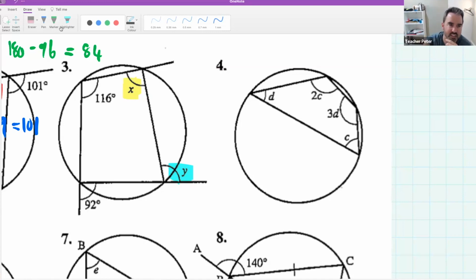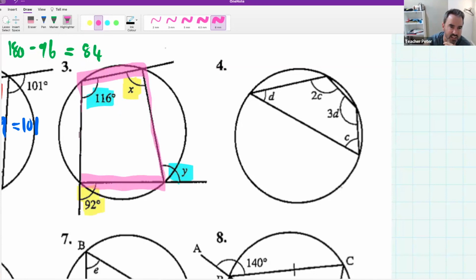So I think that this x has a friend over here, which is 92. And I think this y has a friend over here. So this is the exterior angle of the cyclic quad is going to be